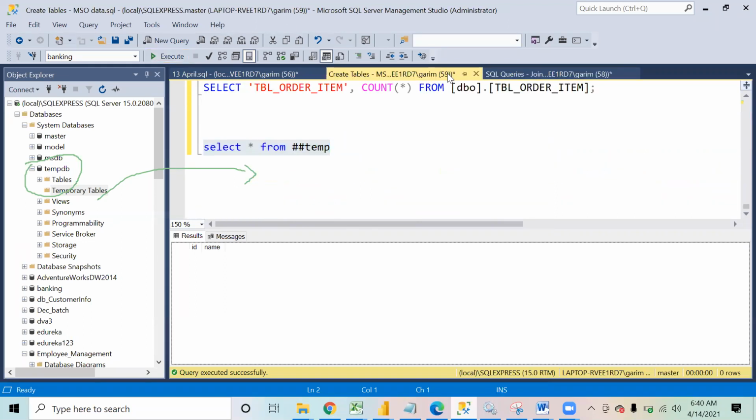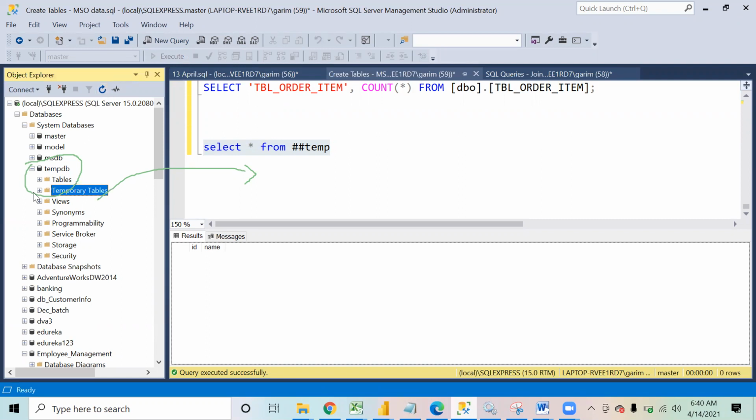Now, if I close all the sessions, when all the sessions are closed, or I'd say when I will be closing down the complete SQL Server, the complete connection only, then that table will be deleted. Till that time, that table will be available. And you can now see hashes temp has been created over here. So the life of a global table is more and it is usable in other sessions also. And for a temporary table, the life is small and it is only available in the same session where it was created.